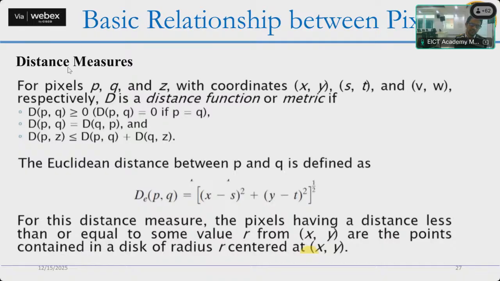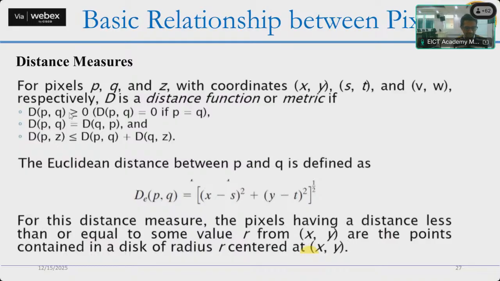Now coming to the distance part. Many times we want to use not only the pixel value, but also a distance measure. Then in that case, how do we measure the distance? For example, for pixels P, Q, and Z with coordinates, P has coordinates x, y, Q has s, t, and Z has v, w. Then D is a distance function or metric